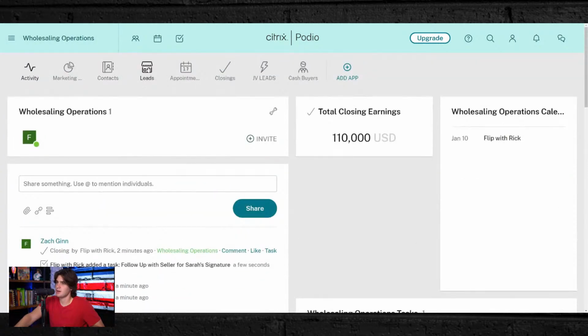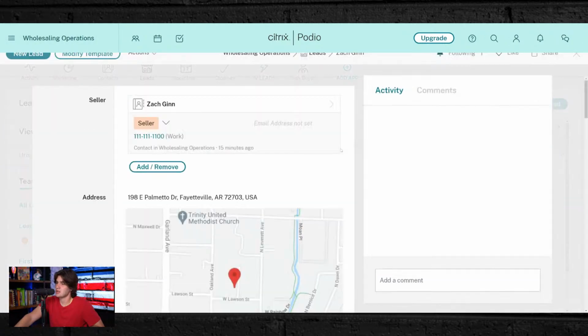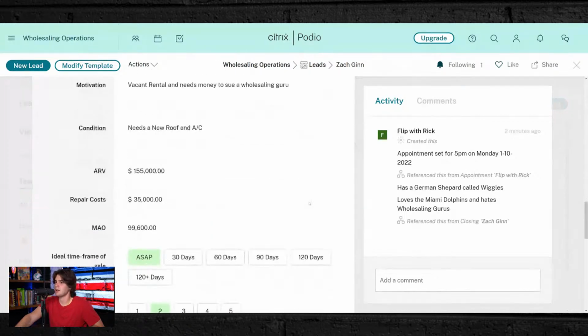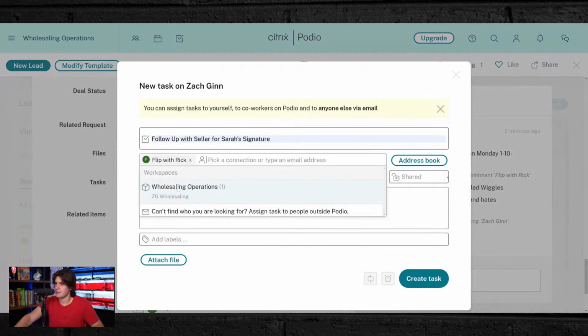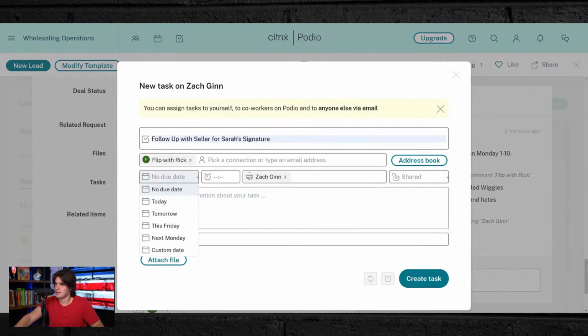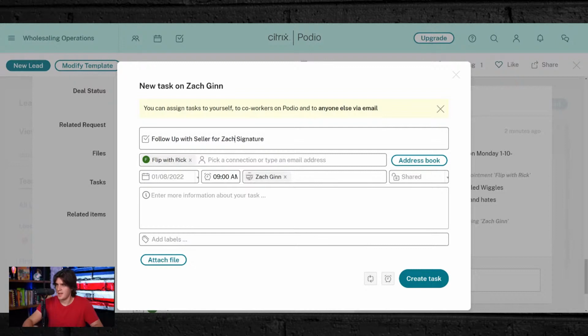Let's say we go here and we're going to put this in the leads too, just so I don't forget it. We're going to go to the bottom here and we're going to add a task. Follow up with Sarah for signature. And make sure Zach does that. And you basically do the same thing. You can do it in here too, 9 a.m. Or follow up with Zach for Zach. Just do a regular monthly follow-up or a weekly